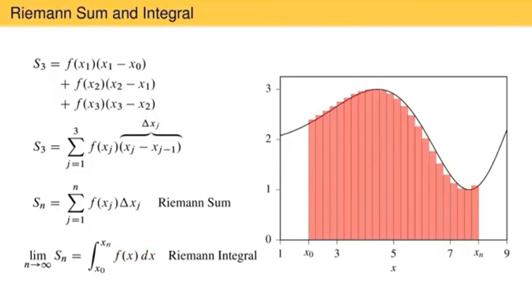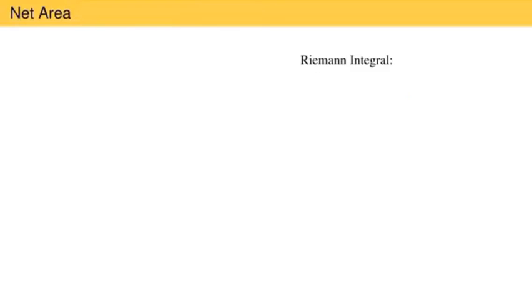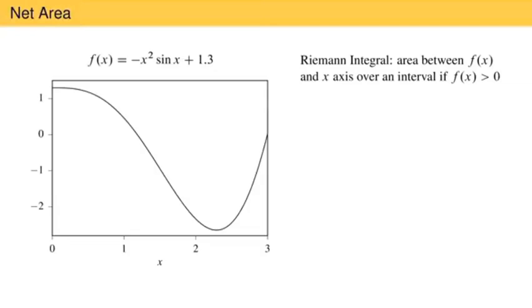of that rectangle. As we have learned, a Riemann integral can be interpreted geometrically as the area between the curve and the x-axis on an interval, but this is only true if the function lies above the x-axis. For instance, this function lies above the x-axis between x equals 0 and x equals 1.185. The Riemann integral over this interval is positive 1.121, and it can be interpreted as the area